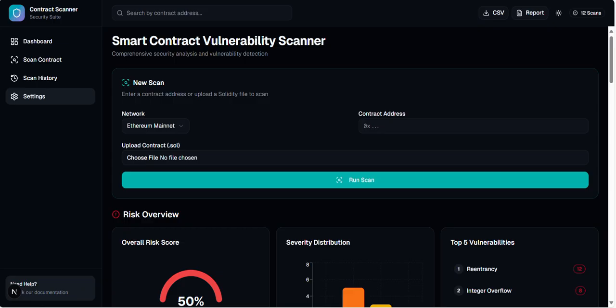I'm thrilled to introduce to you a tool that transforms smart contract security auditing into an intuitive data-driven experience, the Smart Contract Vulnerability Scanner. It analyzes smart contracts across Ethereum, Polygon, Binance Smart Chain, and Arbitrum networks, detecting critical vulnerabilities including reentrancy attacks, integer overflows, access control issues, unchecked calls, and delegate call, giving us real-time risk scoring with historical